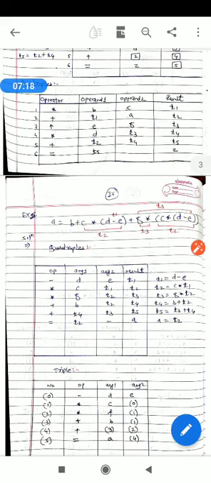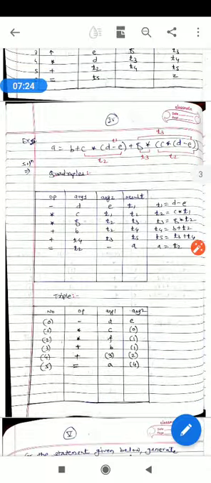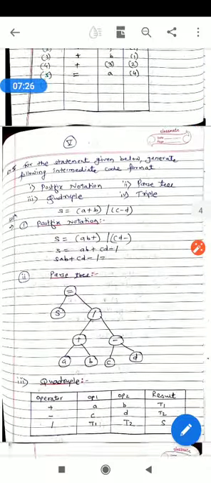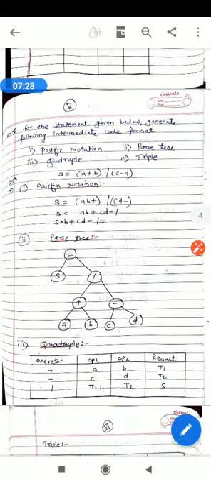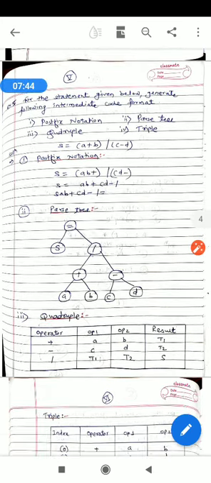The next example is for calculating quadruples and triples. Then the fifth one, again we have to calculate postfix notation, parse tree, quadruples and triples. Postfix notations have standard syntax: operand followed by operator. Parse tree is also known as syntax tree. So a syntax tree contains a root node, leaf nodes and non-leaf nodes.